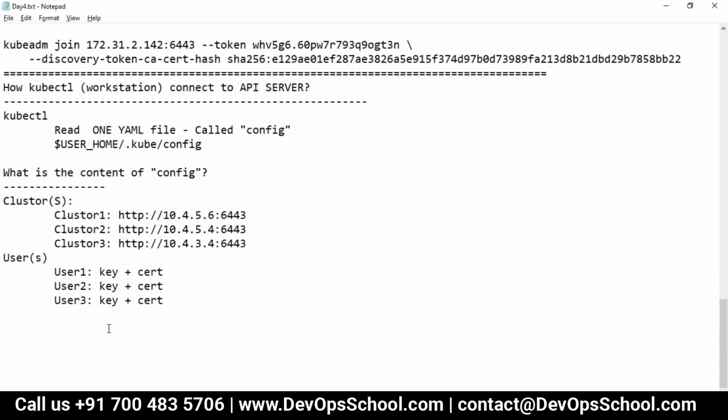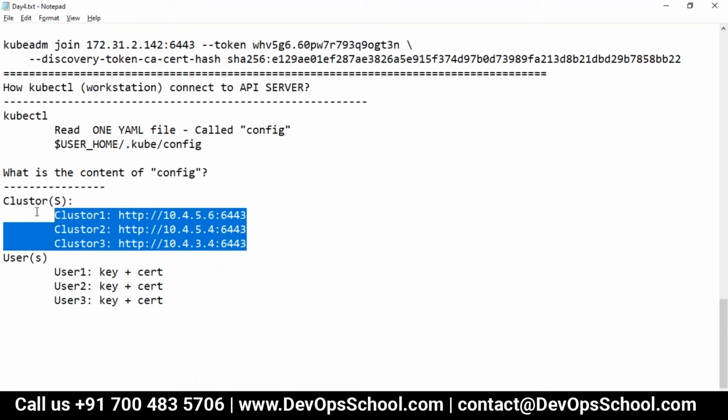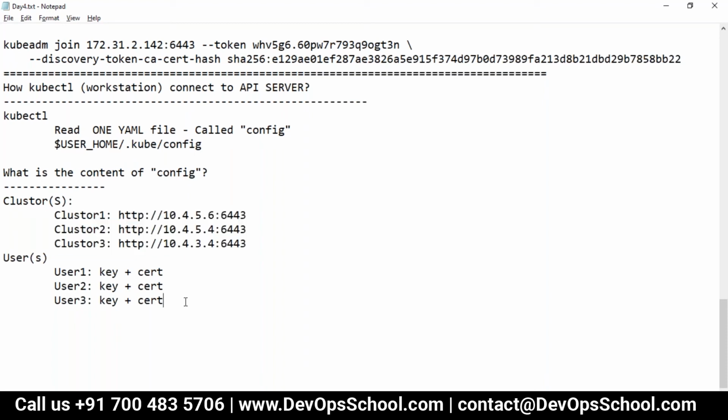Now the problem you will face here: I have 3 clusters, let's say 3 Kubernetes clusters, and 3 users. Which user is for which cluster? Where do you set this combination? That mapping is decided in the context section, contexts.